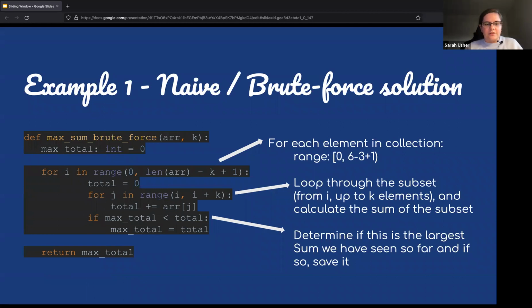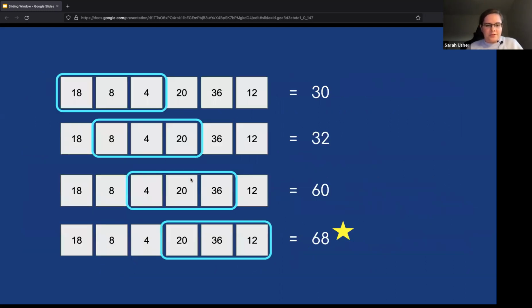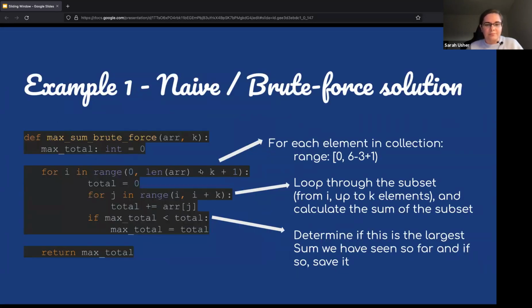So here we have an algorithm. It's pretty straightforward. All you're really doing is you're going to loop through the collection once. So you're only going to need to go up to this element here, the one that has a value of 20. You don't need to go through 36 and 12 because our window is 3. So a window of 2 or a window of 1 is not a valid window in this problem. Okay. And then you will then loop through each subset